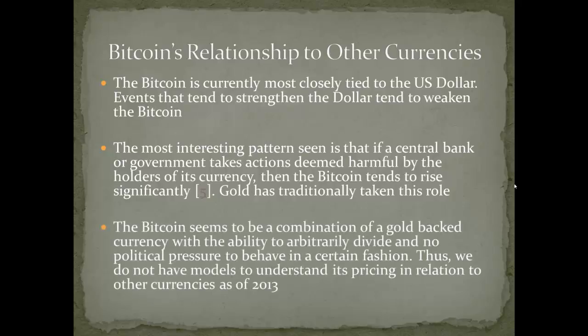The Bitcoin also seems to be, interestingly enough, an economic combination of a gold-backed currency with the ability to arbitrarily divide, and suffers no political pressure whatsoever to behave in a certain fashion. So I mentioned with the dollar and many other currencies, a central bank is usually tasked with the mandate of keeping interest rates somewhat reasonable for the health of the economy, and also employment rates high. We don't like having 12% unemployment or 10% unemployment. So they say reduce unemployment to 4%, and they do this by currency manipulation. The Bitcoin is not tied to the welfare of a nation, and therefore it was never designed to be manipulated